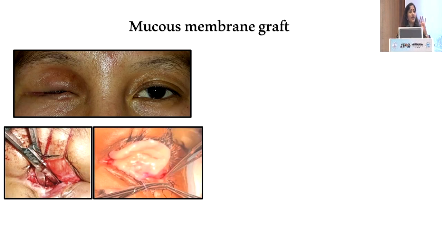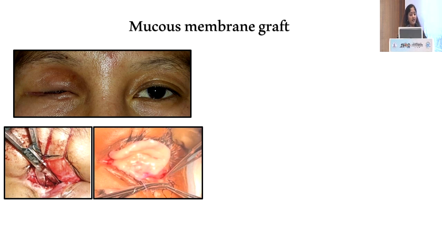Now, mucous membrane grafts can be done in two ways. One, you either line completely in the center and expand the tissue so that your actual tissue goes off into the fornix. Or second, you do it independently into two layers. You form the inferior and the superior fornix separately as well. It is a surgeon's choice.